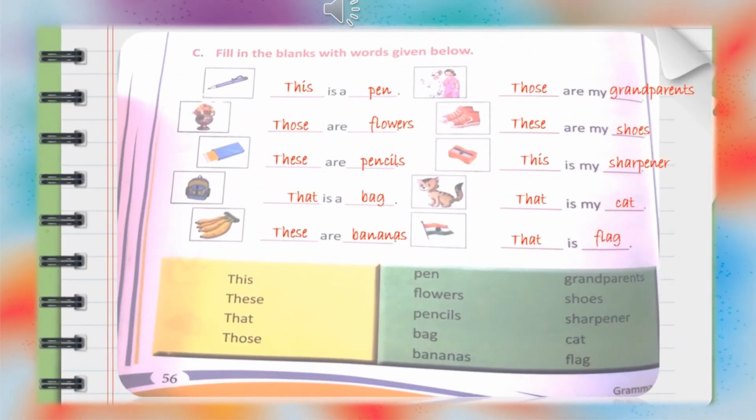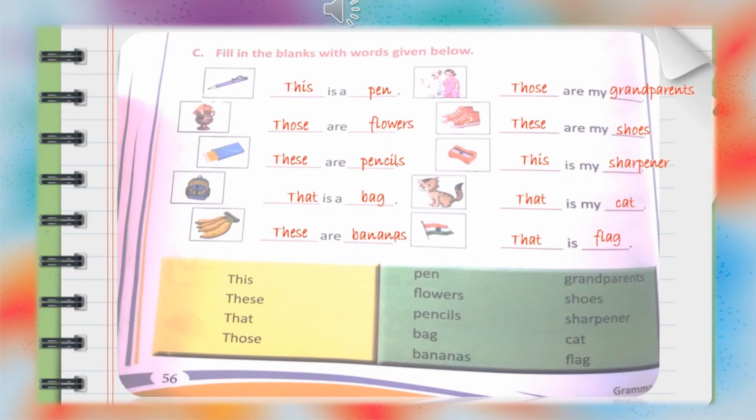See the picture carefully. Fill in the blanks with words given below. Some words are given at the bottom. We have to fill them up according to the requirement and sentence. This, these, that, those. And with that we have to fill the words pen, flowers, pencils, bag, bananas, grandparents, shoes,